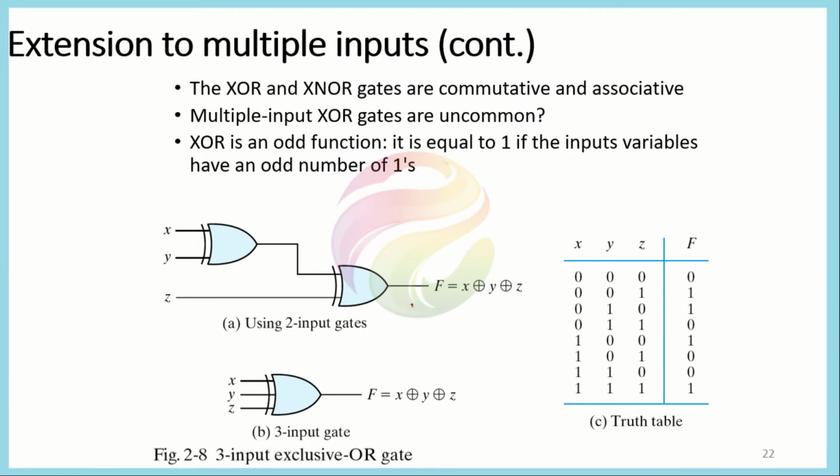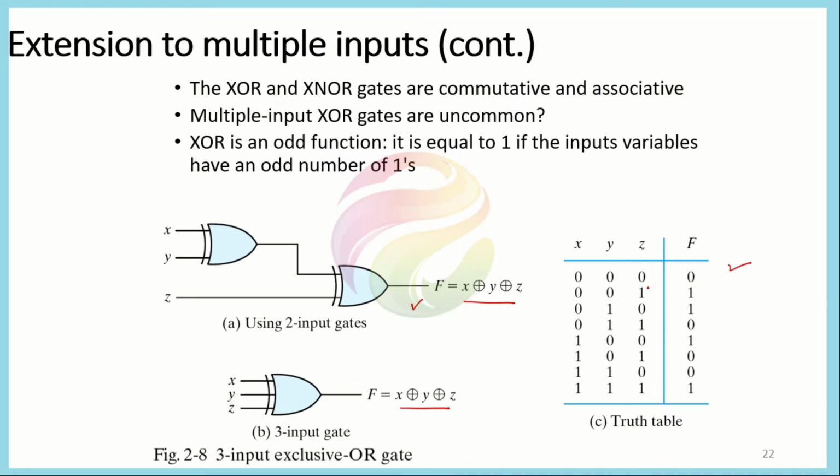But for this lecture discussion, we will only focus on this extension to multiple inputs. Say we have a 3 input system x, y, z, then we can represent the exclusive OR in this way, and we can also represent it in this way. Now, if you look at the truth table of the exclusive OR gate, you will see that there is a slight change in the definition of the exclusive OR operation which we defined before,